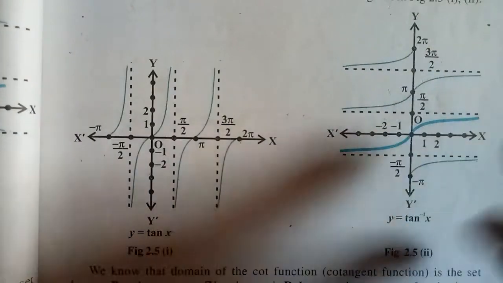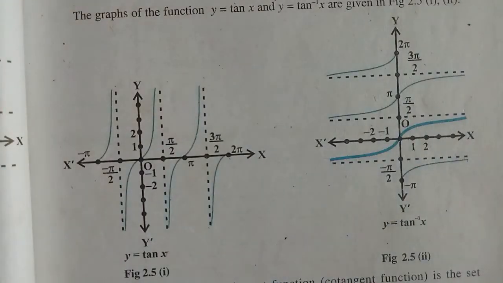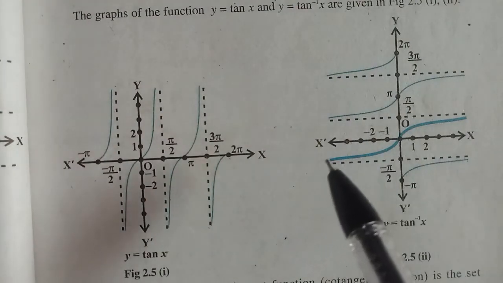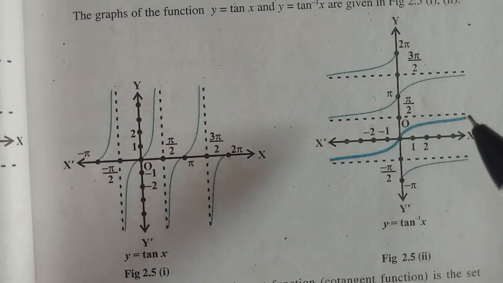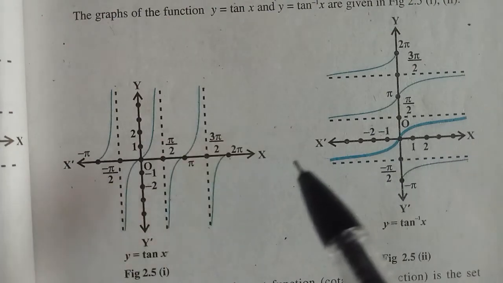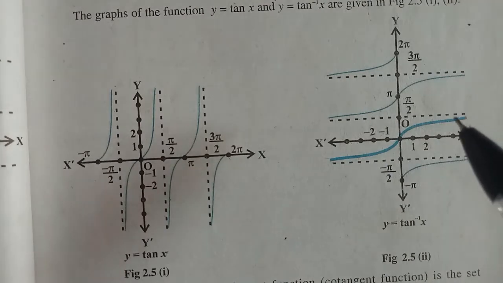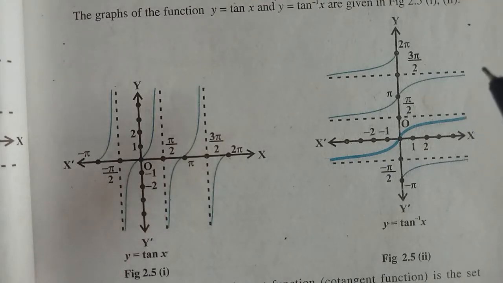Right, you can see that next to it there is a graph of tan inverse. After replotting it, you can see that this highlighted blue portion, your domain can be taken as the full real numbers, whereas your range, because we are not concerned about codomain much, we are putting more emphasis on your range.